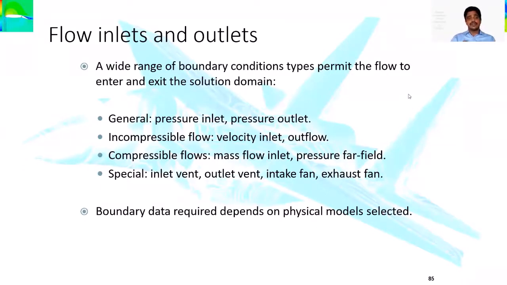Now coming to compressible flows, incompressible flows, and any special cases. When our flow is intentionally made incompressible, we already know from the flow physics that the fluid flow is incompressible in nature. Then the fluid flow boundary conditions can be applied with the velocity inlet and the outflow boundary conditions. As far as compressible flow modeling or analysis is concerned, it is better to go with a mass flow rate, not to approach with the pressure inlet or the velocity inlet. When you go with mass flow inlets, the result accuracy will be good.